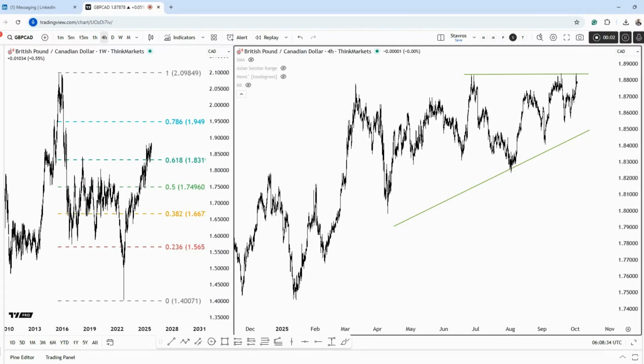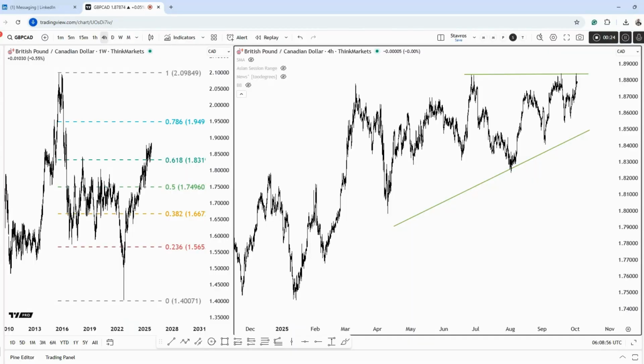Good morning. GBPCAD has approached and is trying to go back up to perhaps a key technical and macro level. So let's break down the setup that I have for you today. First, macro drivers for both, just to ensure we have